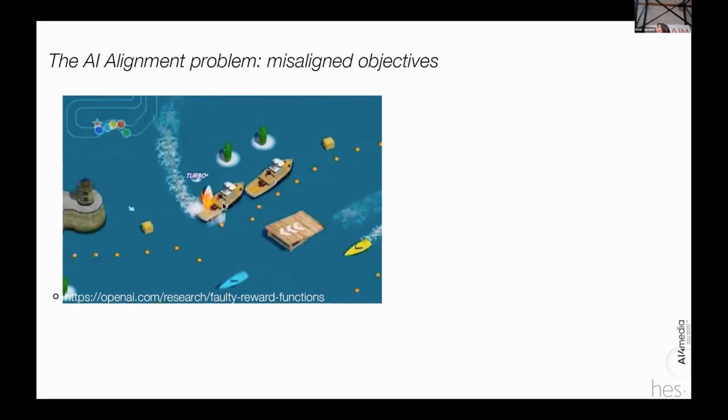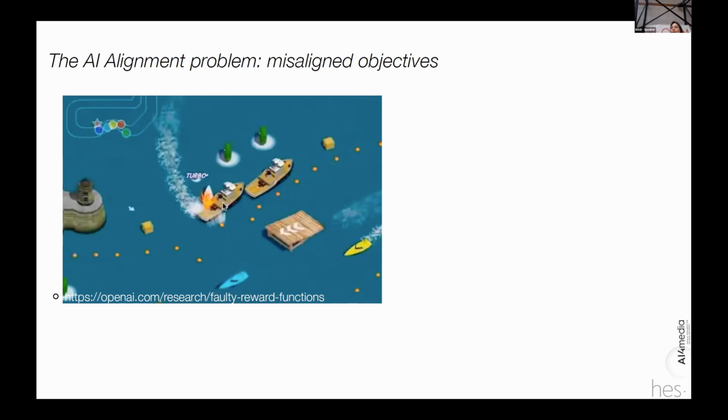They're working on reinforcement learning algorithms, and they were trying to use some video games to train these reinforcement learning algorithms. The objective here is a boat race, and the objective is to win the boat race before any of the other participants. You want to finish in the earliest time, and you want to beat all the other competitors. And what they found is that the algorithm, when it's trained on this game, actually learns